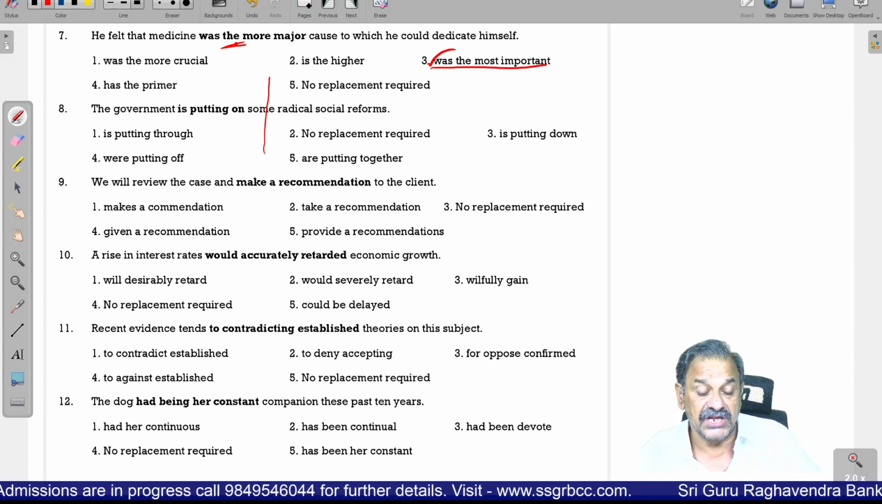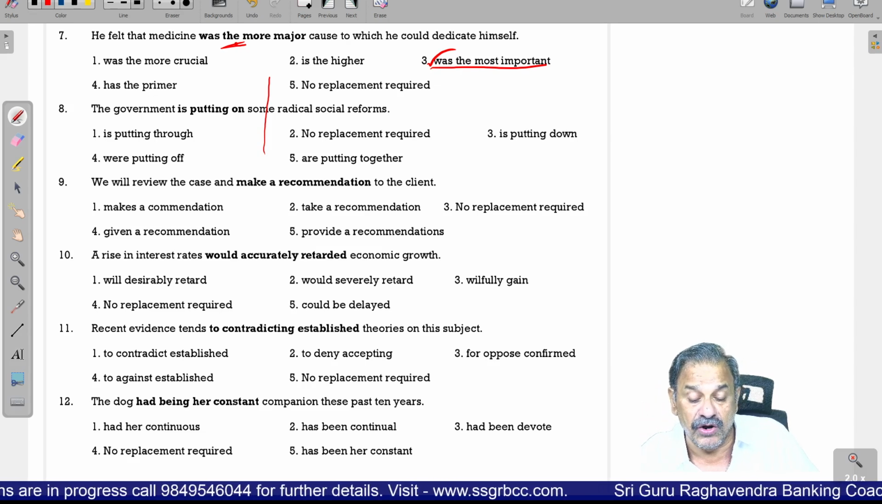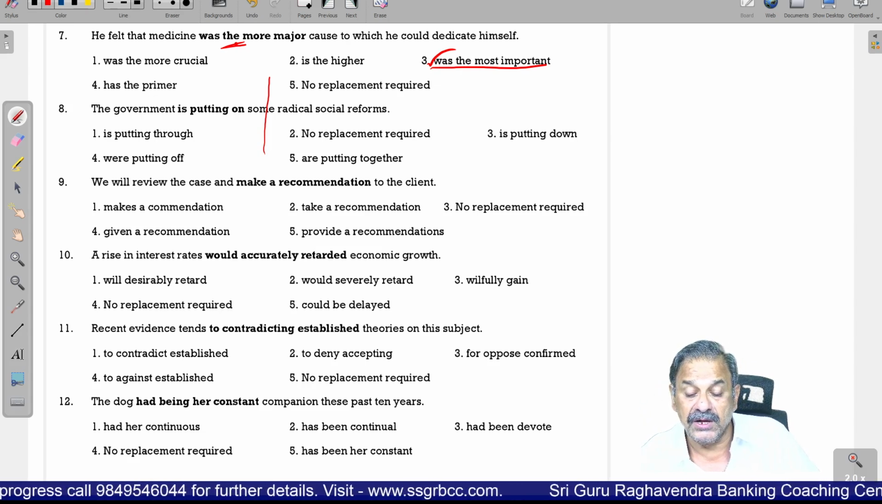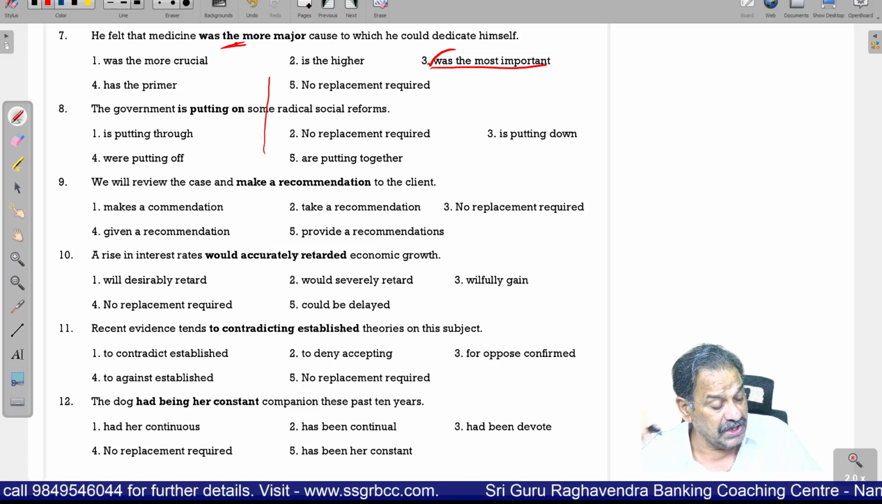Then the government is putting on some radical social reforms. The government is putting on